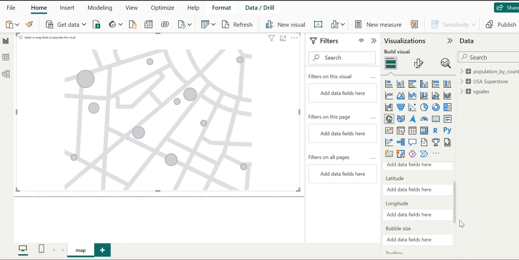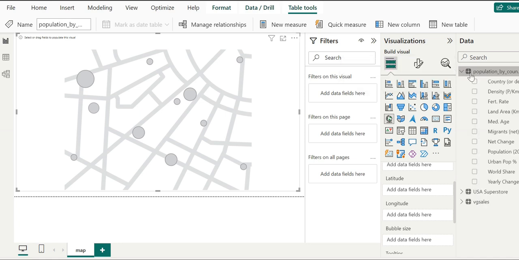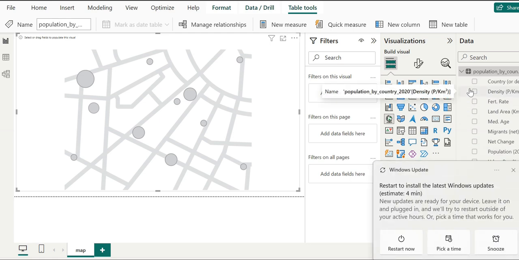Let's start dragging and dropping fields from the field menu. For this, first we have to extend this menu. Here you will see different columns representing different information about the data.